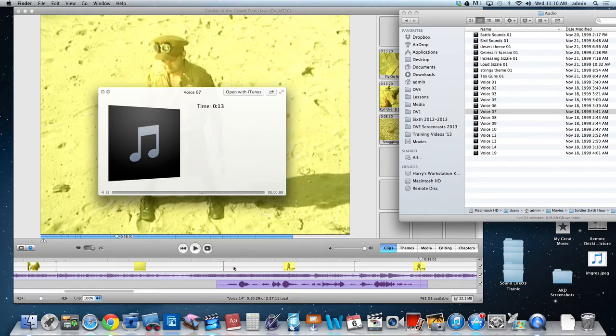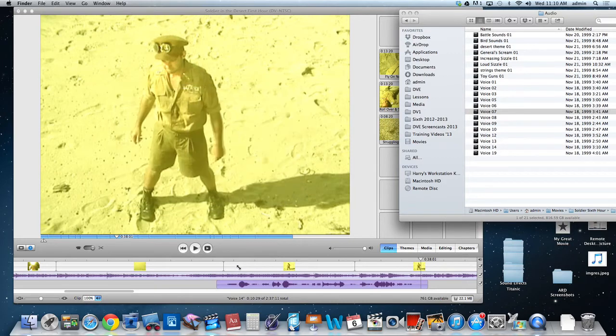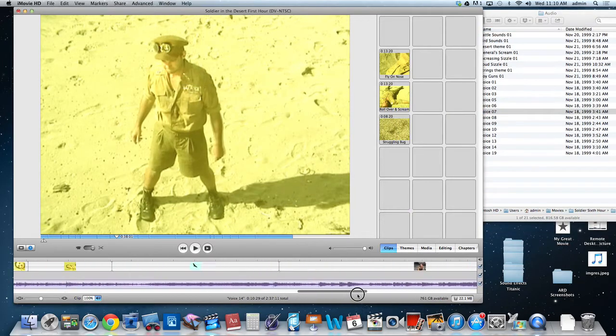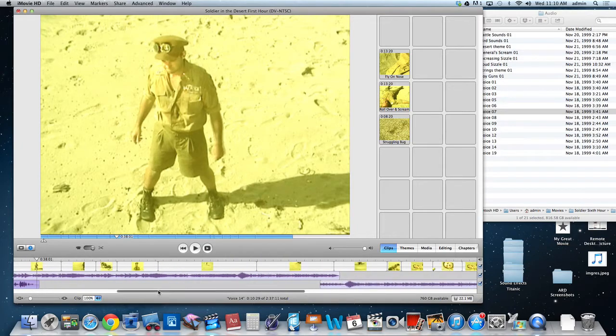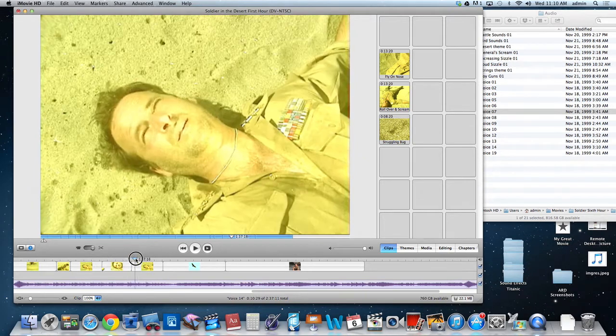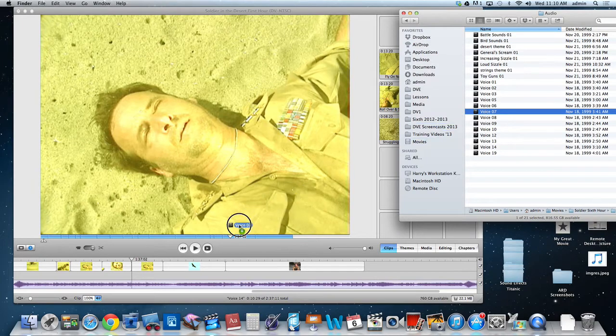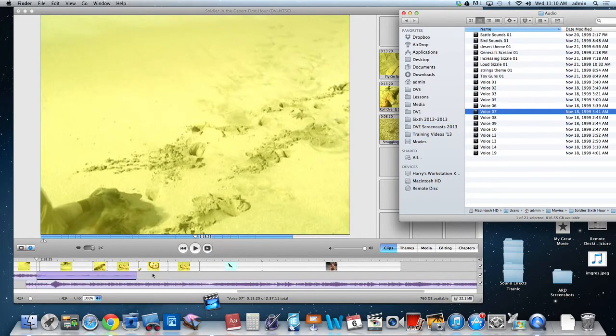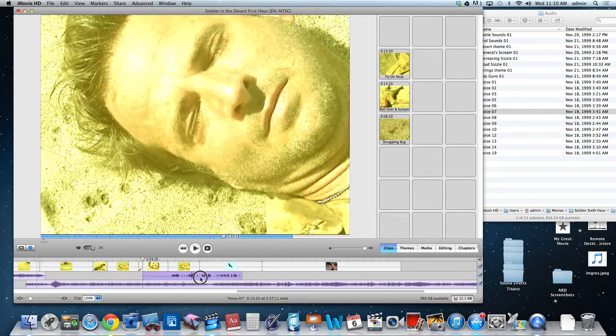Vultures? Birds of death. Okay, so when I was over here, that could be part of... if I bring this down, zoom it down a little bit, scroll back over to the right where he's looking up into the sky. Something like that, right about there. He's talking about the vultures, the birds of death. So voice 7, if I brought it into this part of the timeline and slid it down a hair,